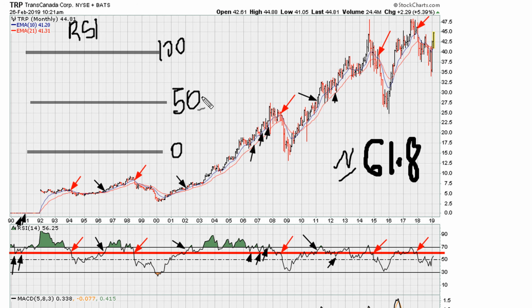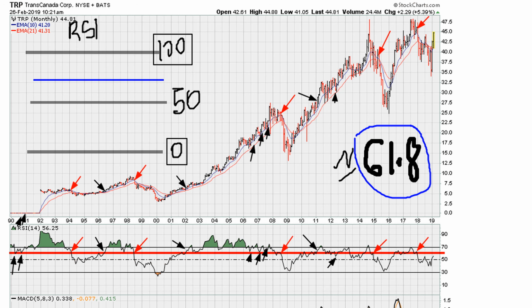So between 0 and 100, obviously, RSI 61.8 falls in somewhere around here. I am very confident that I am the first person ever to put a relationship between RSI 50 and 100,